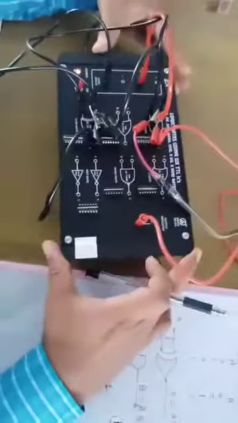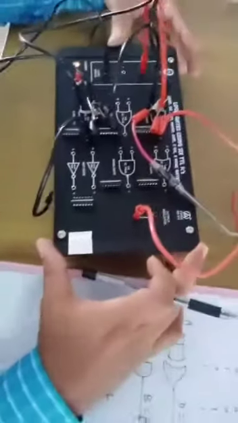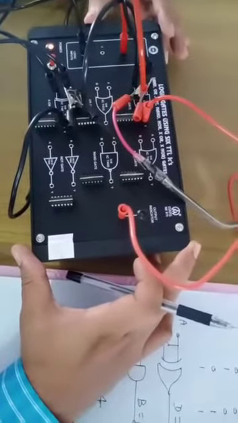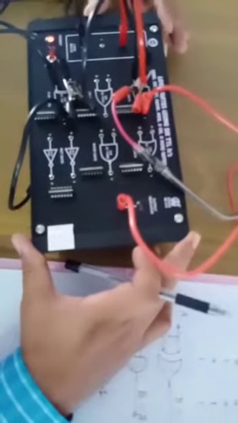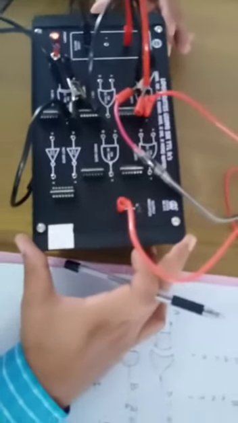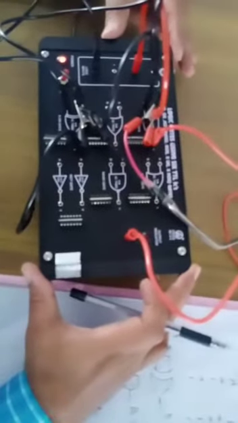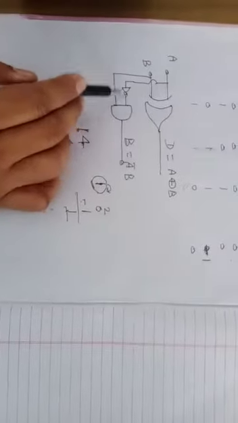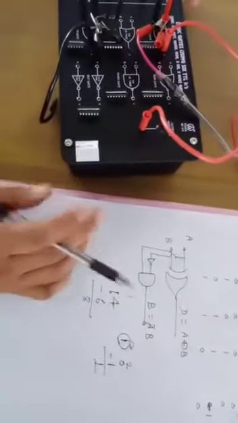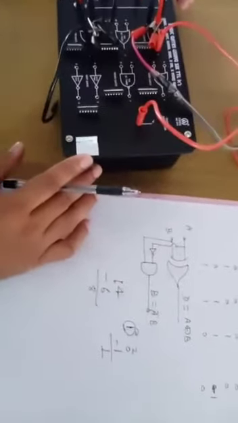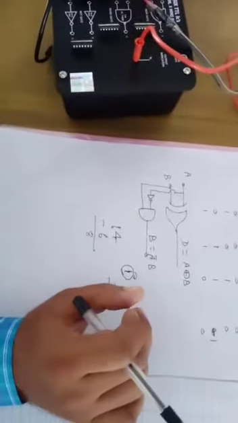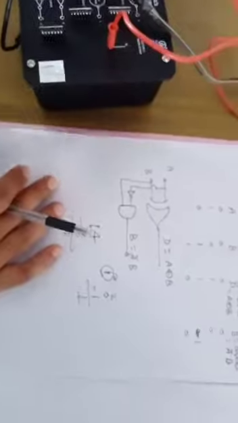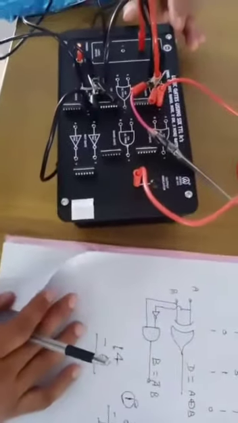In this way, we have demonstrated the experiment half adder and half subtractor using the logic gates. Remember, we have used exclusive OR gate, AND gate, and when we use half subtractor, then one NOT gate is also required. Okay, thank you students. Now write this experiment in your practical copy and prepare its viva, and also write the result and precautions. Thank you.